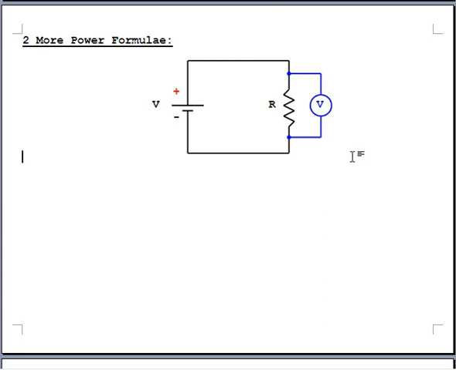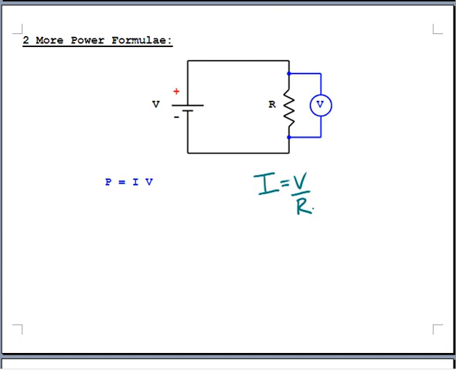So what are we going to do? P equals I times V doesn't work because we don't know what the current is. We don't have our ammeter. Now, we can do something a little bit clever here, though. We do know Ohm's law from last lesson. Ohm's law said that current is equal to voltage